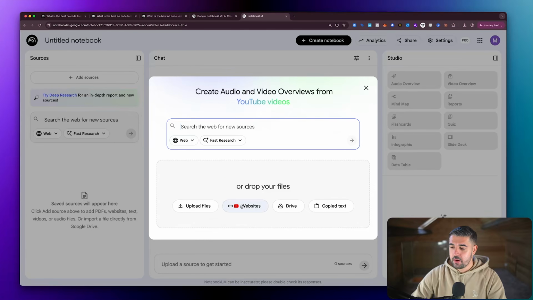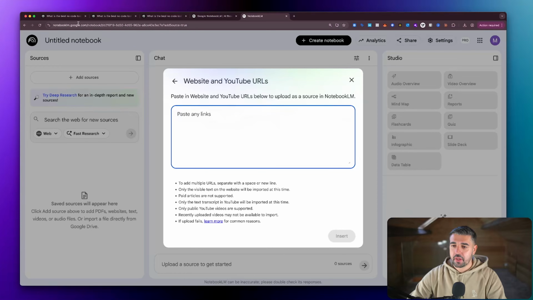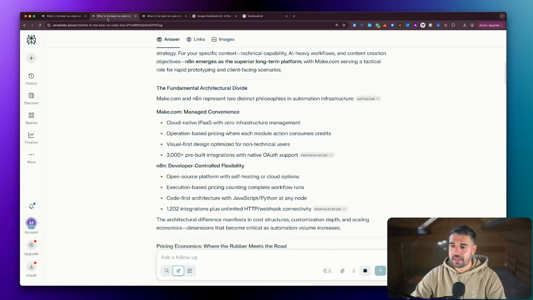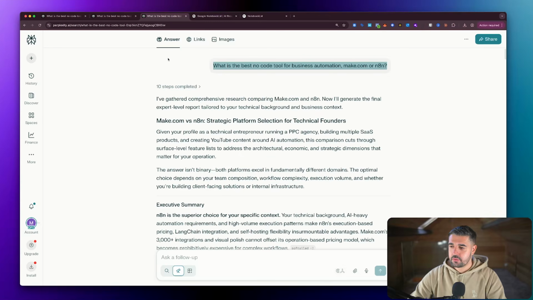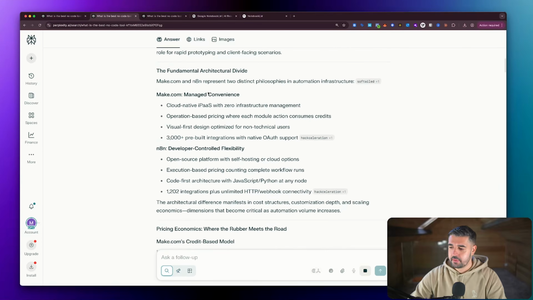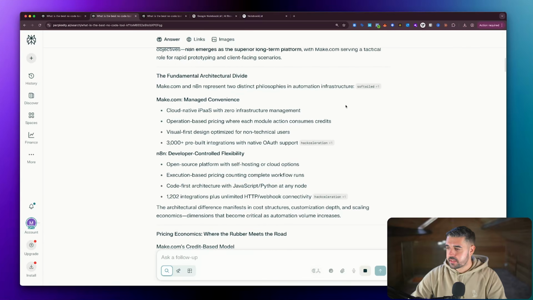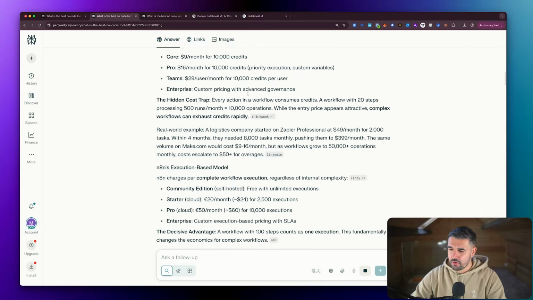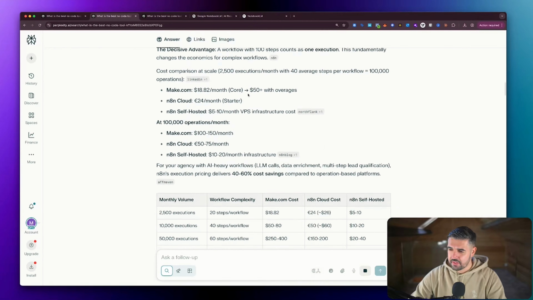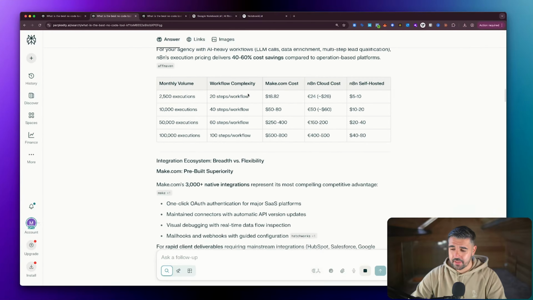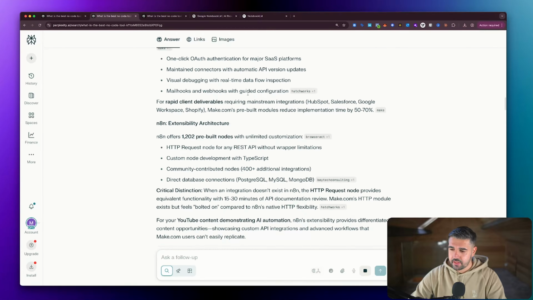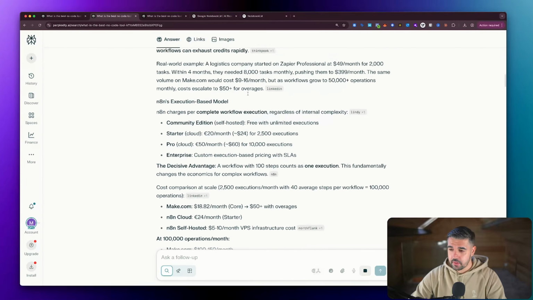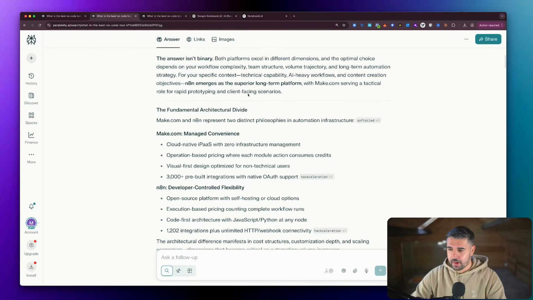So we want to hit websites here, and then we want to go back to Perplexity, and which one was it? There we are. We want to go back to Perplexity, and we want to pick these citations that best match. We have to review this first. We want to make sure that everything that it's pulled is credible. It is AI at the end of the day. You always want to check. But looking at this and trusting Perplexity the way I do, it's almost always bang on the money.